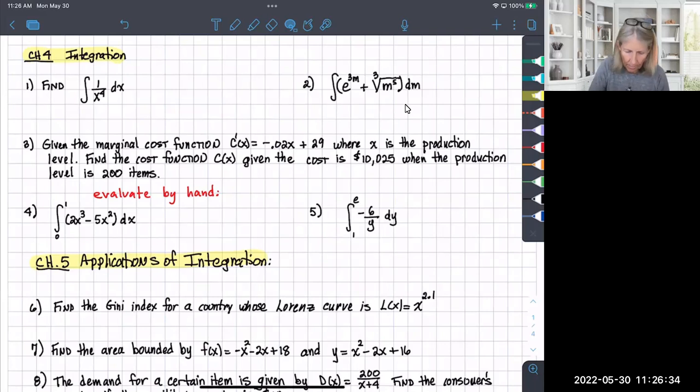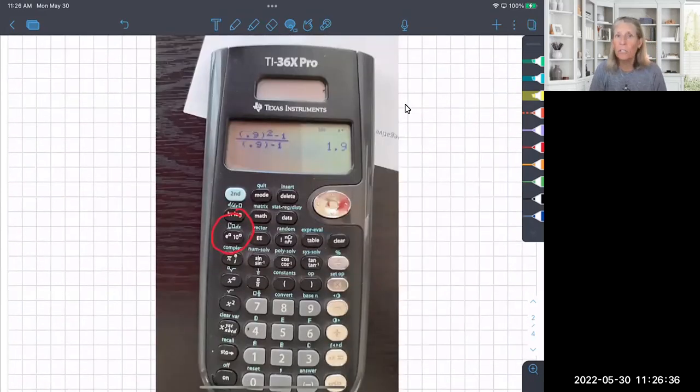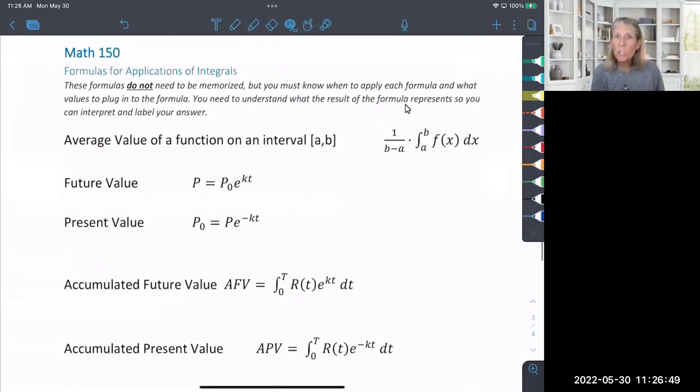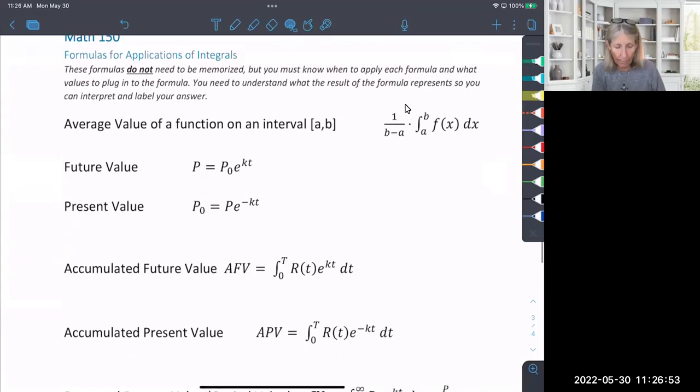And so a couple of things you need for that final. You need your calculator, right? A scientific calculator that does the integral. Otherwise, you may have to use Desmos to evaluate integrals, but that's all you should use Desmos for. You want to have your formula sheet where you have the formulas for calculating all the applications that we